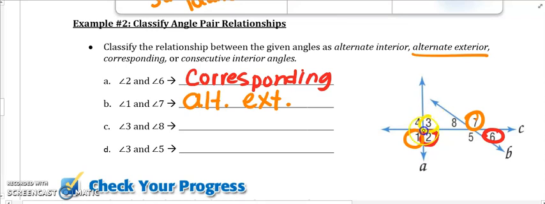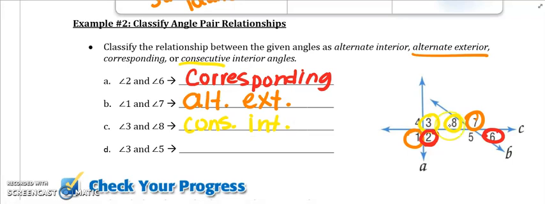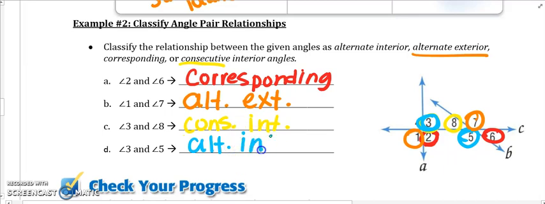I have 3 and 8. Oh, look, they're both on the inside. They're not alternating, so they're on the same side. So it's consecutive interior. 3 and 5, both on the interior, but they are alternating. One's on top, one's on bottom. So that is alternating. I want you to pause the video, do the check your progress, and then come back